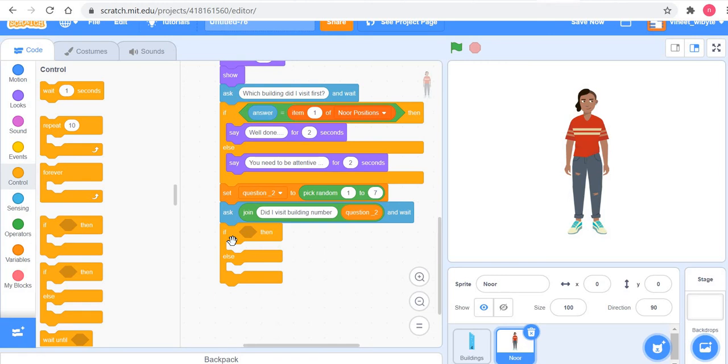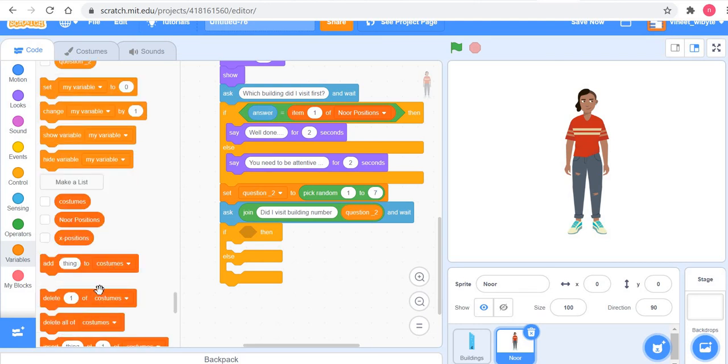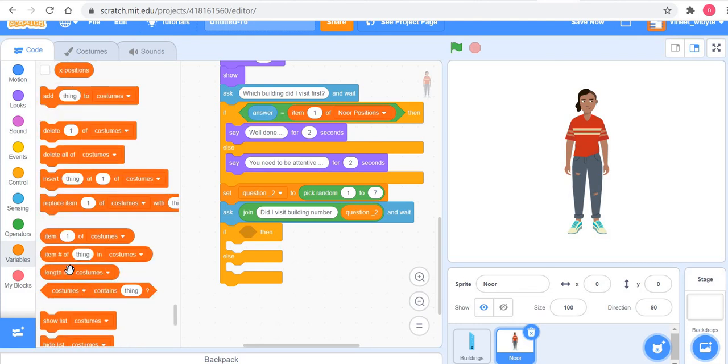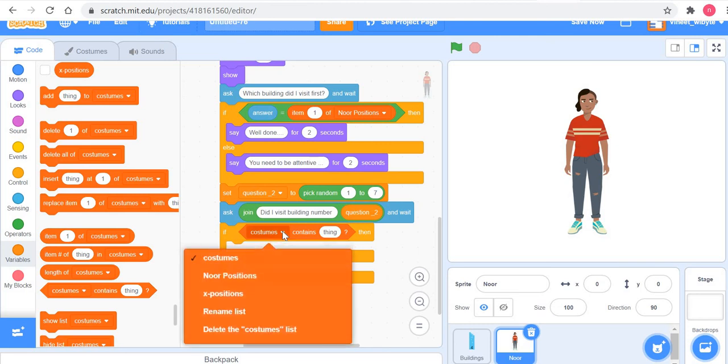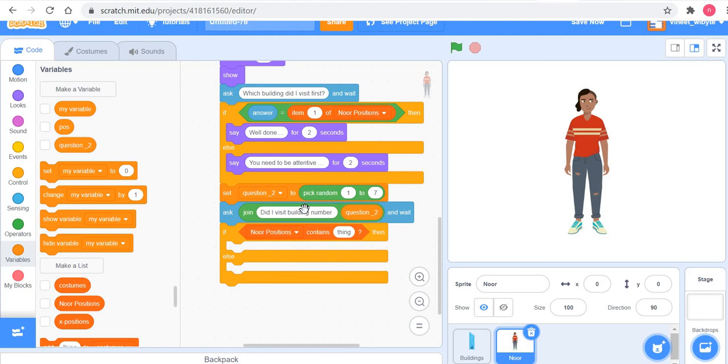So basically, if the list called Noor positions contains question 2, because if it contains question 2, it must mean that Noor visited that building called question 2.